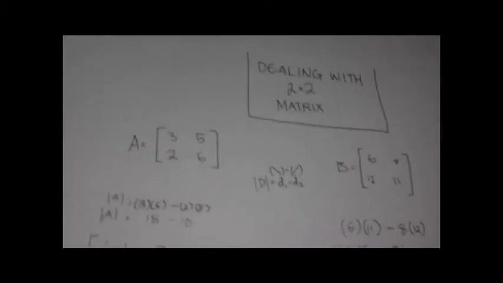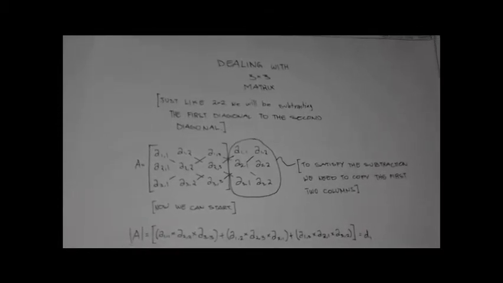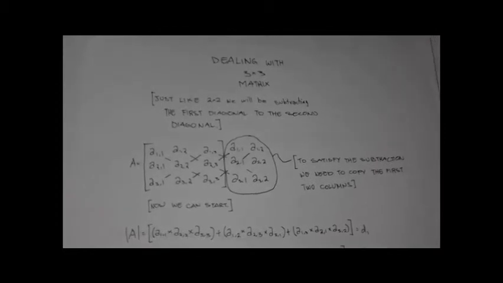Next, the determinant of a 3 by 3 matrix is going to be the biggest example for today. Dealing with a 3 by 3 matrix, just like 2 by 2, we will be subtracting the second diagonal from the first diagonal. But the first diagonal has 3 diagonals. So those 3 diagonals must be added, and the other 3 must be added as well. But since we are dealing with 3 diagonals, to satisfy the subtraction, we need to copy the first 2 columns